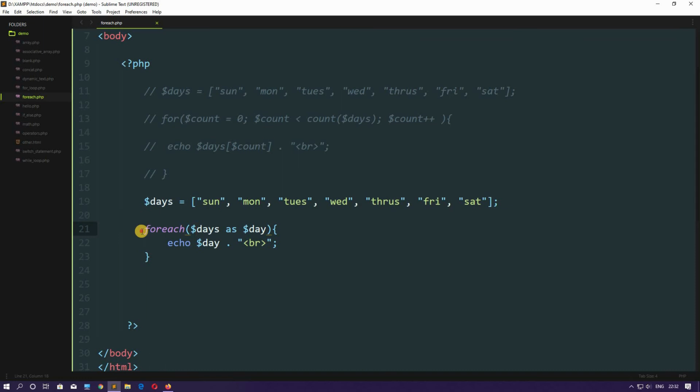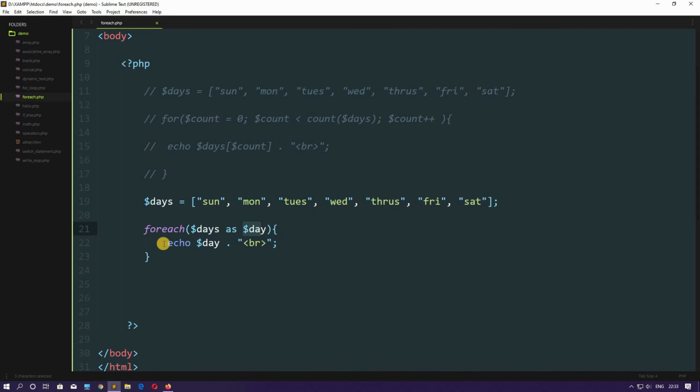So the control comes here, and the whole array comes in $days, and then the first item is assigned to this $day variable. Then the statement echoes out $day, which is Sunday first, with a break tag. Now once again the control comes here, it has this array already. It will assign the second item to this $day variable, so now Monday is assigned here.